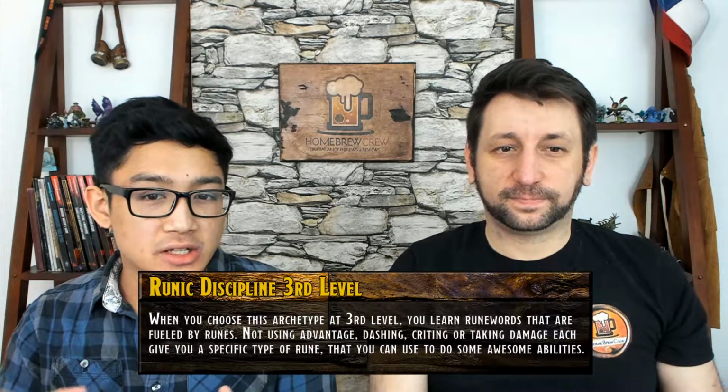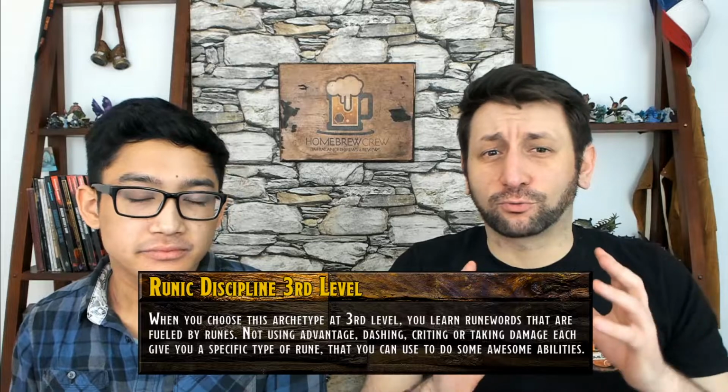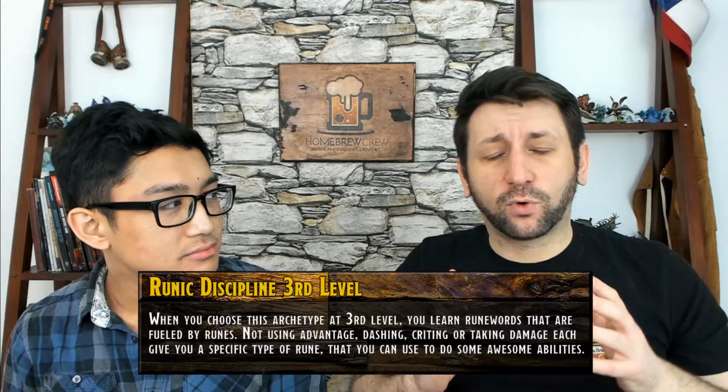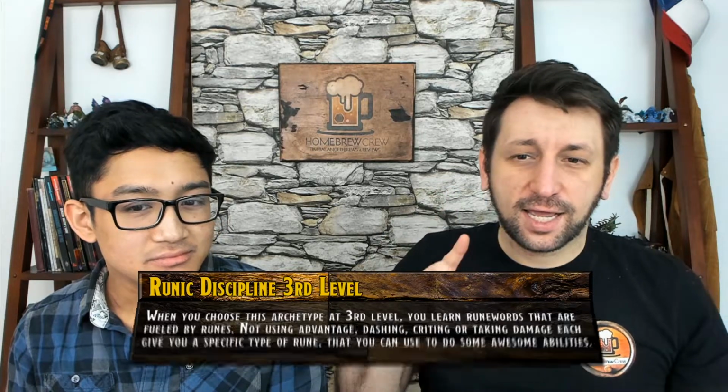So at level 3, you can pick the Rune Lord. And the first thing that you get is essentially kind of the main part of this, which is runic discipline. Now, these things are really cool. So depending on what you actually do, so if you score a critical hit, if you take the dash action, if you're taking damage from a hostile creature, or if the attack hits,